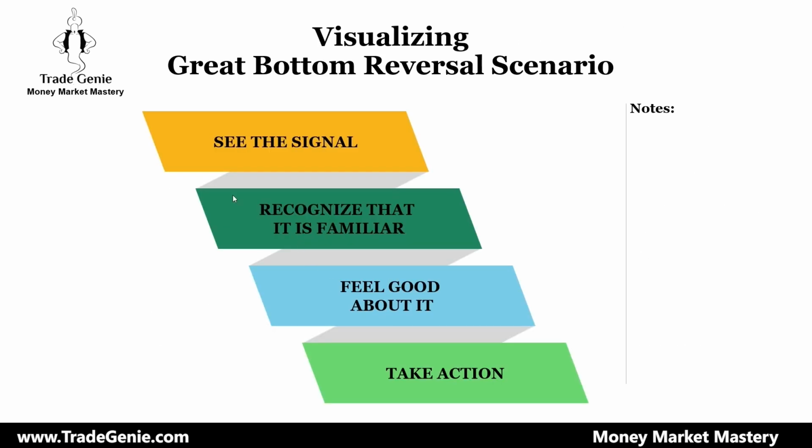So the process is that you need to look for something new, and you have to recognize that signal. So you're putting up too much pressure on you. So think about it. You close those three loser trades, you close that winner trade, break even, you feel good about it temporarily, only for that day. And the next day you're starting it all over again and you're saying, okay, I need to find something where I see the signal, then I have to recognize it as familiar, then I have to wait to feel good about it, then I have to go through all the decisions, you know, how much I need to buy,